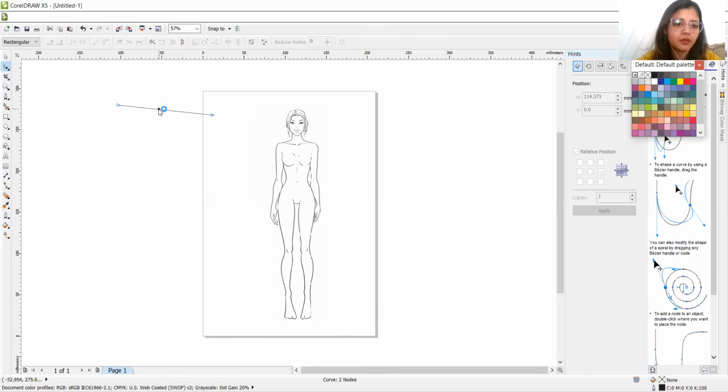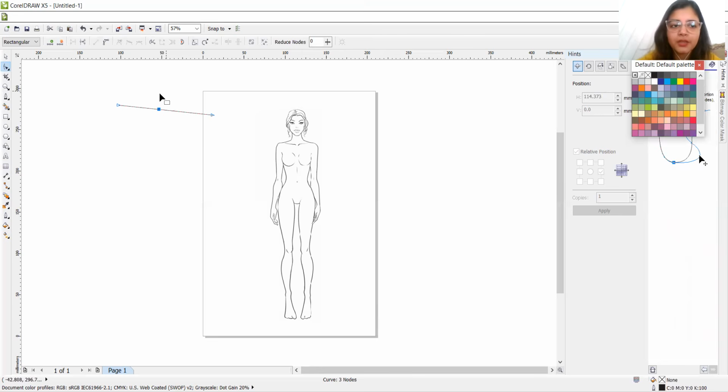So let me select it over here. And you can see यहाँ पे एक हमारी node आ चुकी है. Here is one node that has been added. Now click on it and move it wherever you want. Then click here, move wherever you want. Click here, move wherever you want.